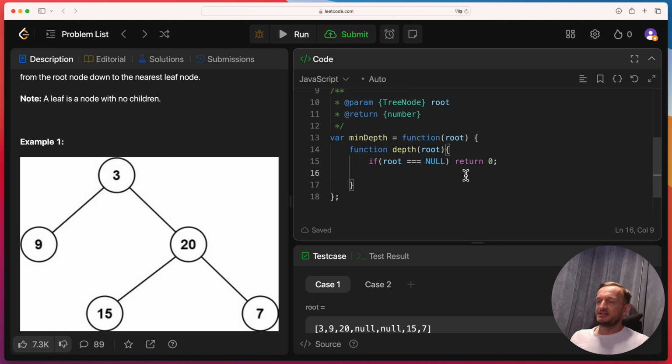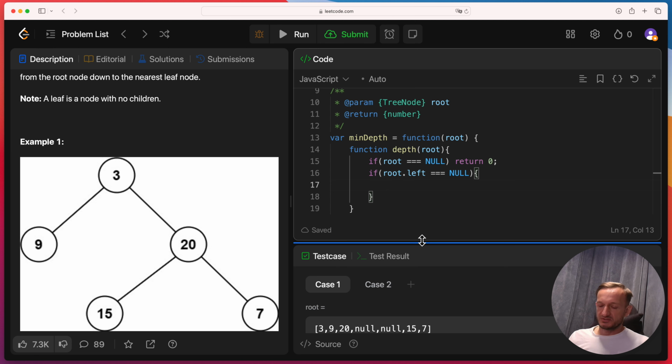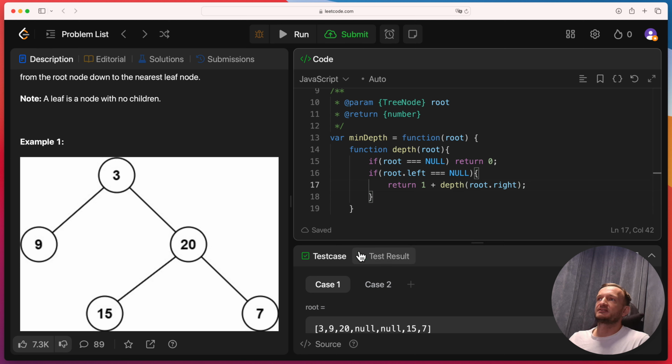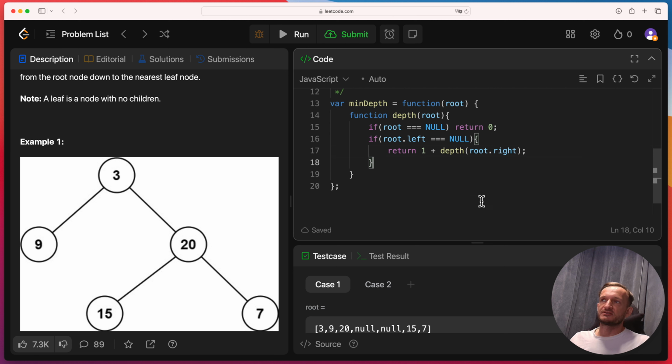The idea would be like this: if root.left is equal to null, then we know that the left one is not possible. So what we will do, we will return 1. This 1 is to count this one node that we are currently on, and we will return depth of